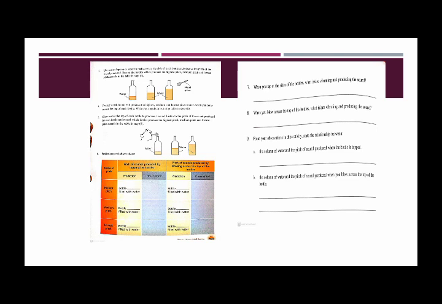On page number 160 you have to answer these questions as well. Question number 7: when you tap at the side of the bottle, what is or are vibrating and producing the sound? Which thing is actually producing the sound when you are tapping on the side of the bottle? When you blow across the top of the bottle, what is or are vibrating and producing the sound? From your observation in this activity, state the relationship between the column of the water and the pitch of the sound produced when the bottle is tapped, and the column of the water and the pitch of the sound produced when you blow across the top of the bottle.